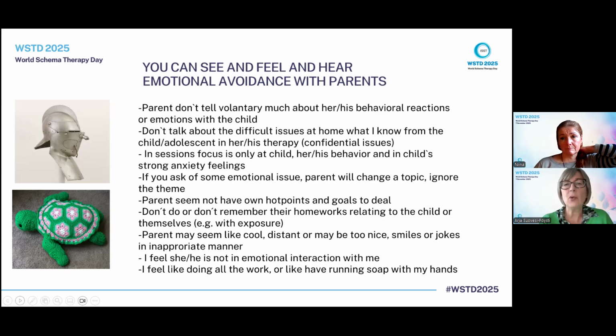Or if you ask about some emotional issues, the parent will change the topic or ignore the theme, or the parent seems not to have own hot points or goals to deal with in parent sessions, or the parent doesn't do or doesn't remember their homework, for example, relating to exposure tasks to support the child or adolescent with the exposure. Parents may seem cool or distant,